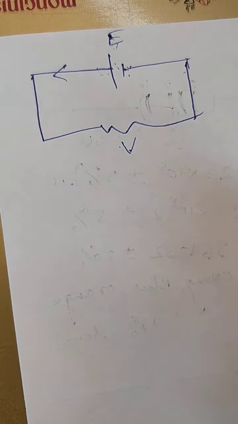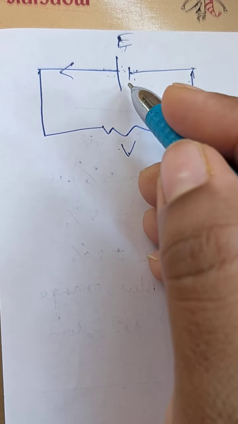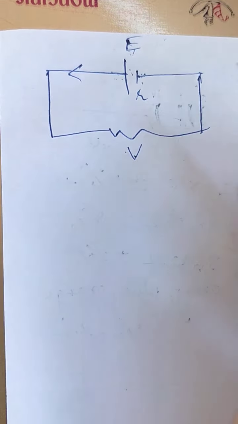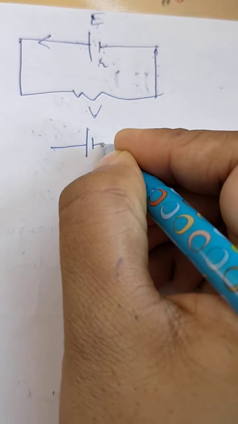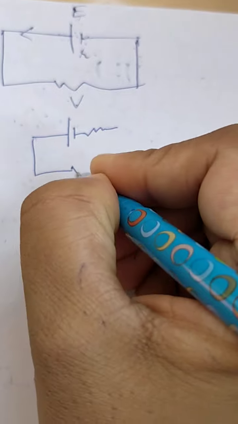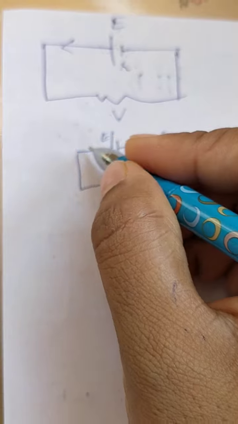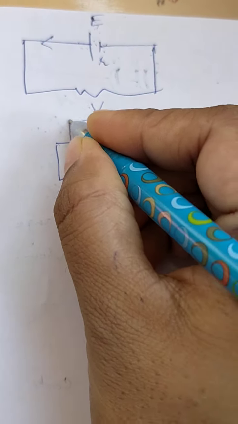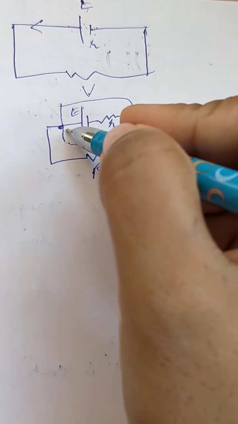Okay children, suppose current is flowing through it. The cell has an internal resistance of small r, so some amount of energy is lost here itself. So I can redraw the circuit, which will be clearer. I can redraw the internal resistance here, and this is the external resistance R. This is the internal resistance r. This is the EMF E, and this whole thing together is the cell. The potential difference between this terminal and this terminal is the external terminal potential difference V.